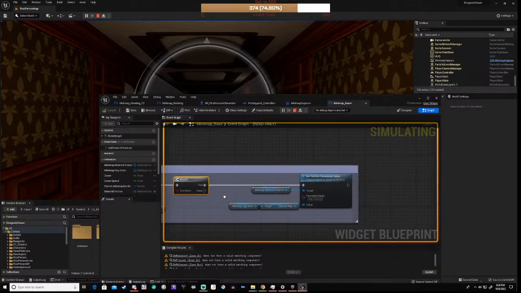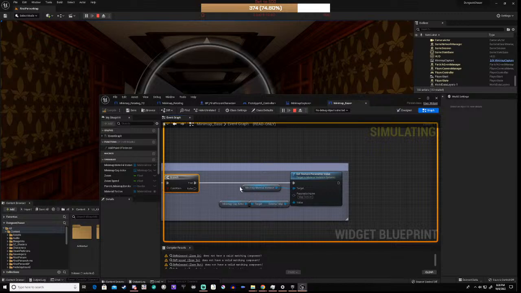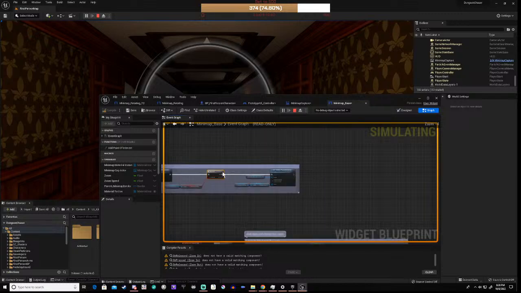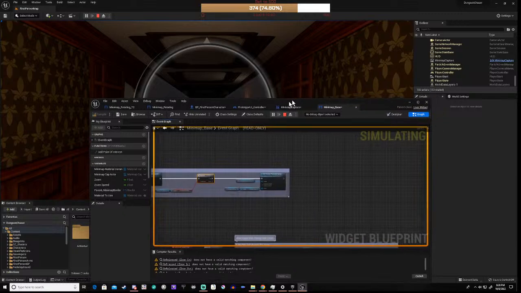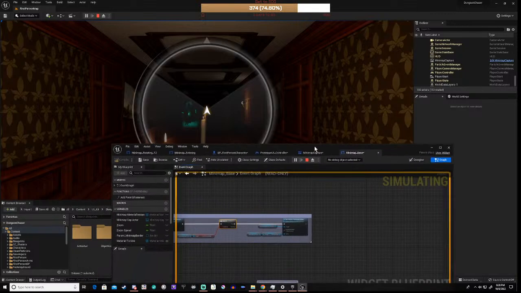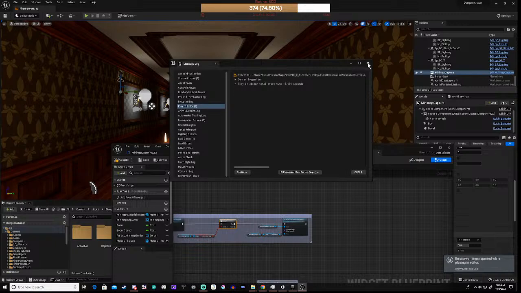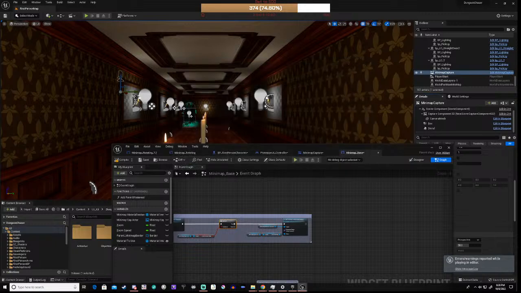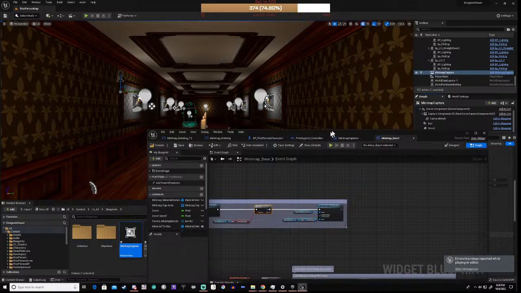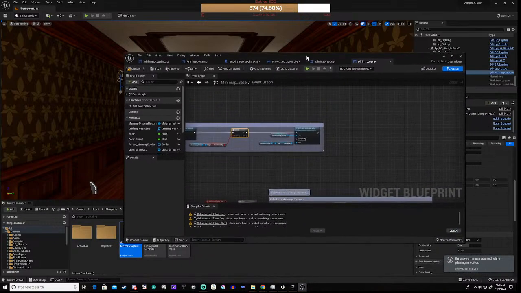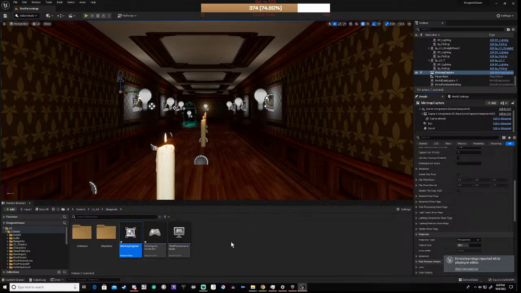Right, I think that's okay because that just means that we're not using the external map, which is fine. I'm going to say. Now, the one thing we're going to do here is